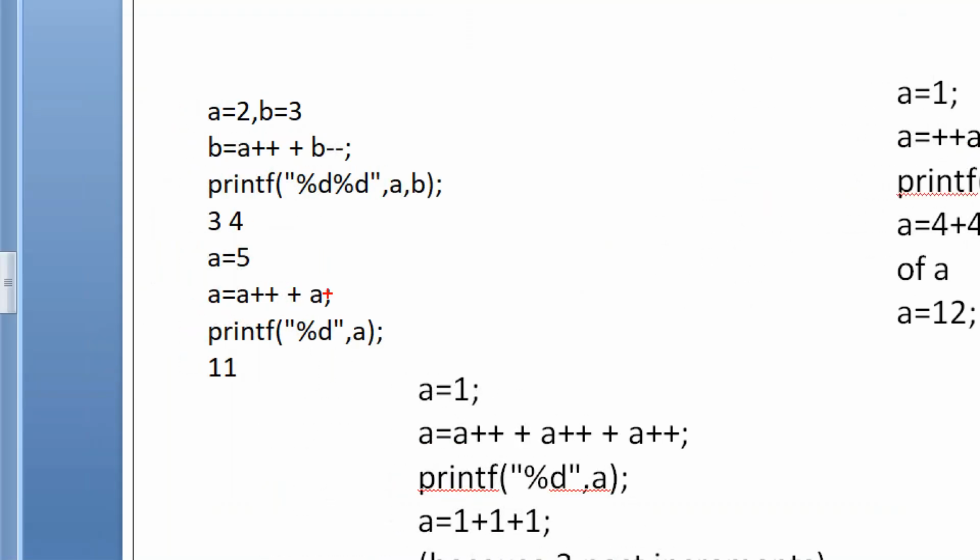So like this, I'm giving here a equal to 2, b equal to 3. b minus minus means 3 only, a plus 2, 2 plus 3, 5. But after that, we are calling a, what does a mean? One increment is postponed, that is why it is 3. And b means what? One postponed decrement, so 5 minus 1, 4. The answer is 3 and 4.